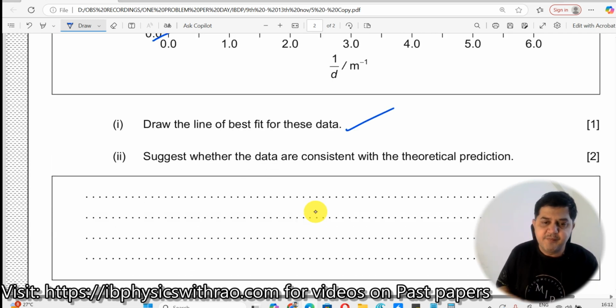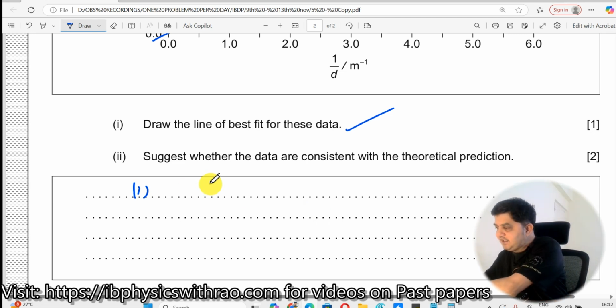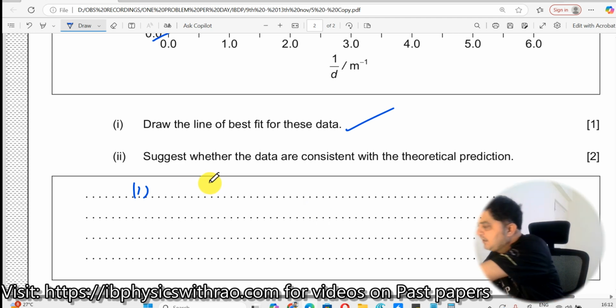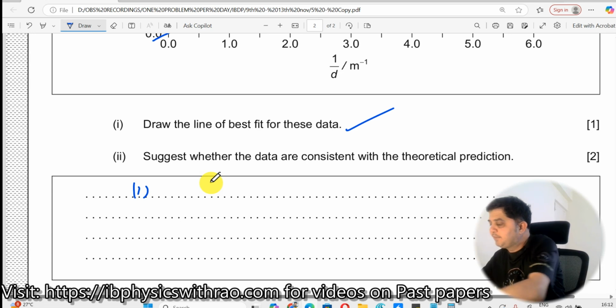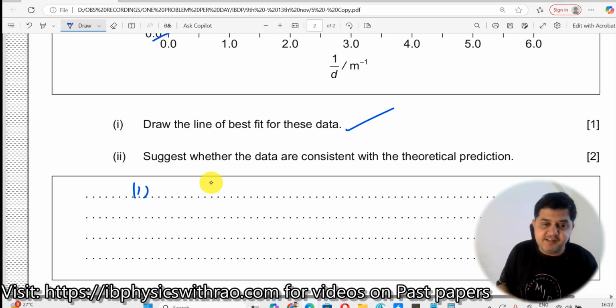We have done it now. Suggest whether the data is consistent with the theoretical prediction. It's for 2 marks. Now, can you stop with just a yes? You cannot stop with just a yes. So you have to say whether, first, since